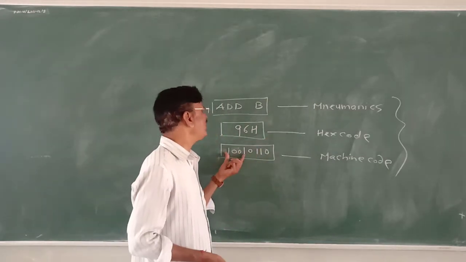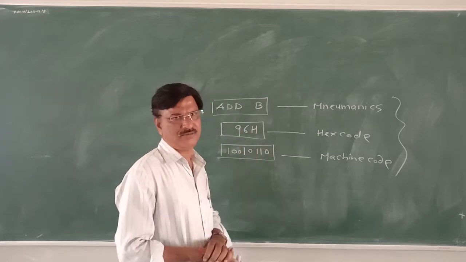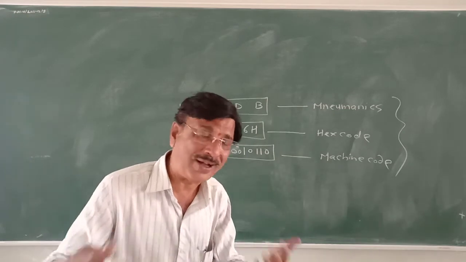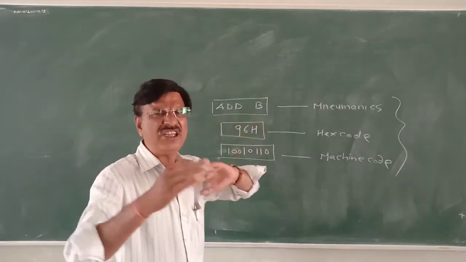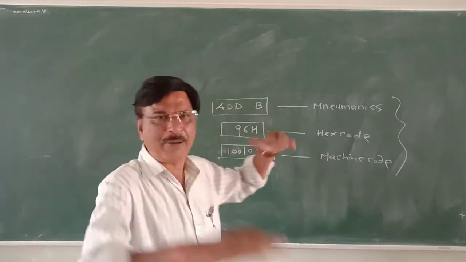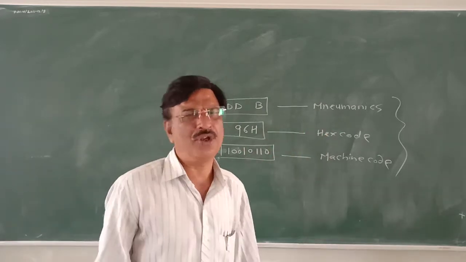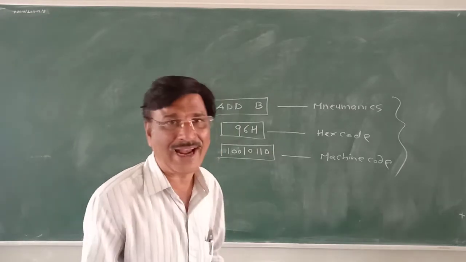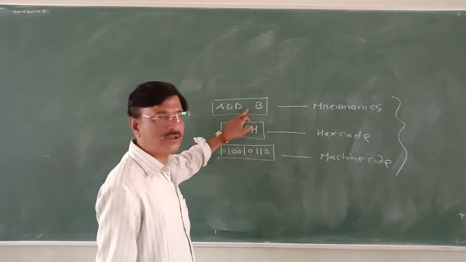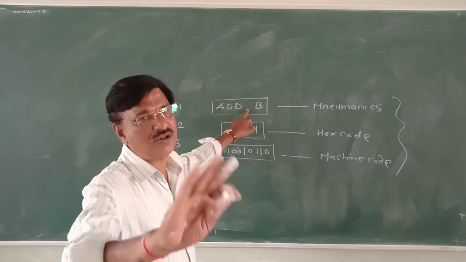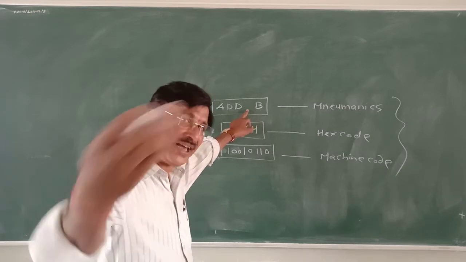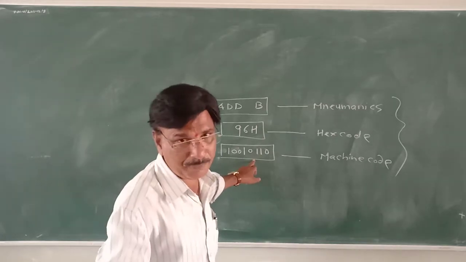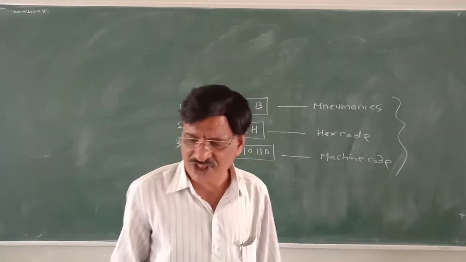And for more simplicity, we have converted it into hex. There is a hex code. But when that instruction is executed, what happens? That we have taken down in an English-like short word and that is called a mnemonic. So if the question is asked, which instruction do you like, you understand, definitely you will say, sir, this is the simplest, but this is not understandable by the microprocessor. And what can be understood by the microprocessor? That is the 1 and 0, which we can't understand. So that's why now we are studying the instruction.